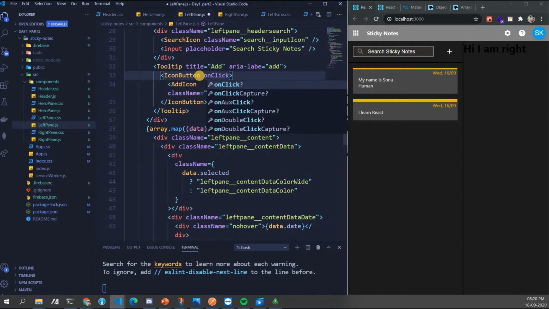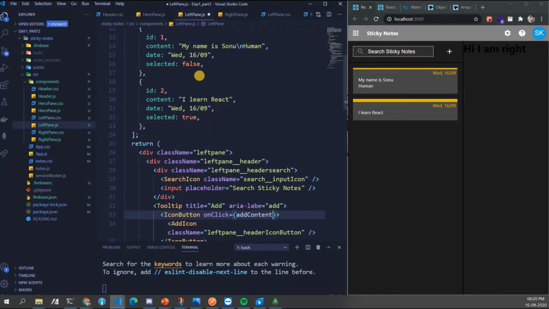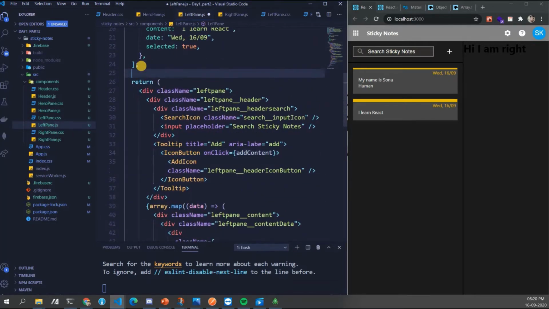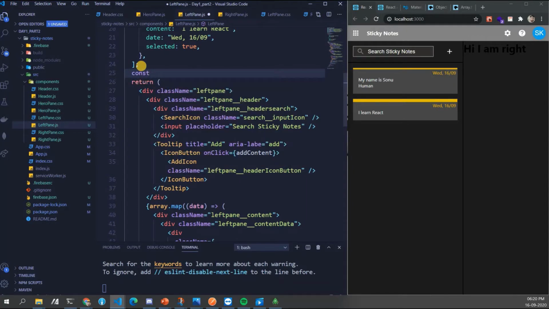Let's do onClick equal to, let's say the function name is addContent. Okay, so now this is our array and we have to add one more element into that array. So can anyone tell me how to do that?